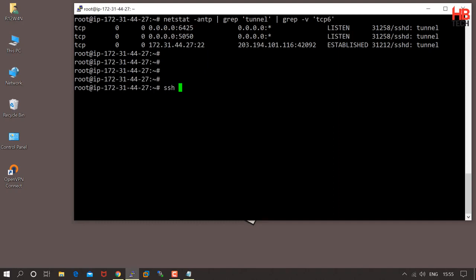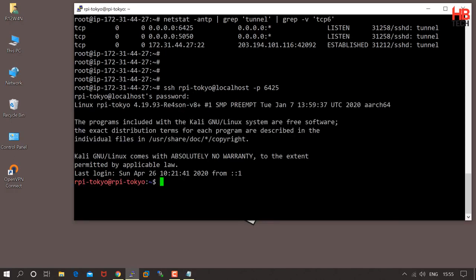Now we can log in to our dropbox. For that, type ssh raspberrypi-user@localhost -p and the port that we specified in the remote SSH tunneling. This will prompt us for the password of the Raspberry Pi user. Enter the password and hit enter. As you can see, we are in.